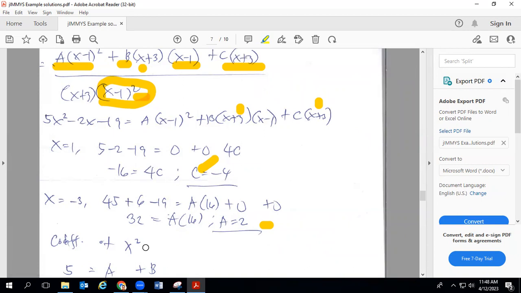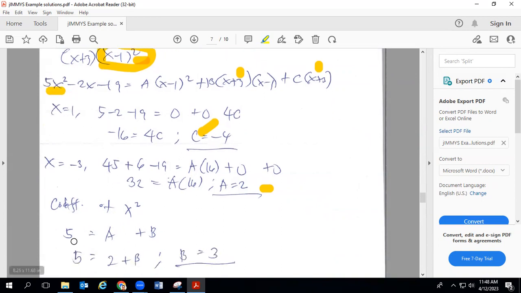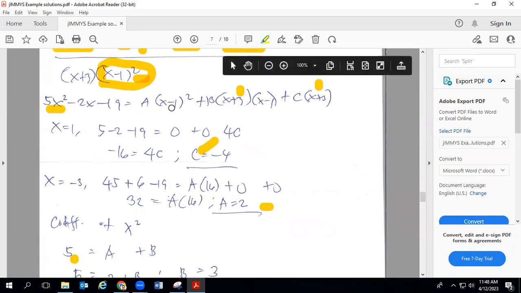Another method that you could use to get the values of your variables. The coefficient of x squared on this side is, you see, you have 5x squared, so the coefficient is 5. Here, the coefficient of x squared, if you are going to expand this one, this becomes